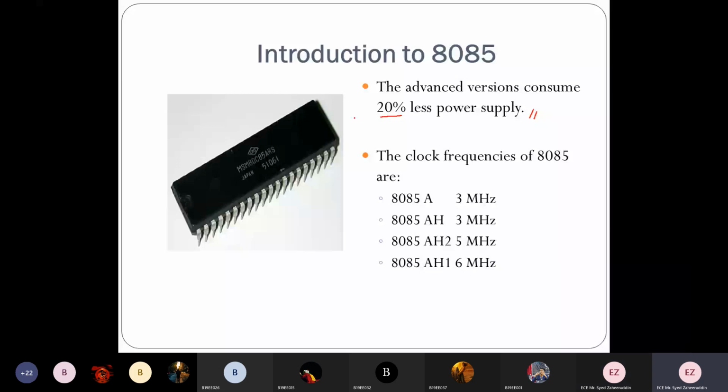That is one. And the clock frequency of 8085 and the advanced versions: you can see the clock frequency of 8085A is 3 hertz. AH is also 3 hertz. Now these are advancements made one after the other. AH2 is 5 hertz. Then the next one you can see is 6 hertz. So this way, for every advancement, there is a change in its frequency as well as in the power supply. Now we'll